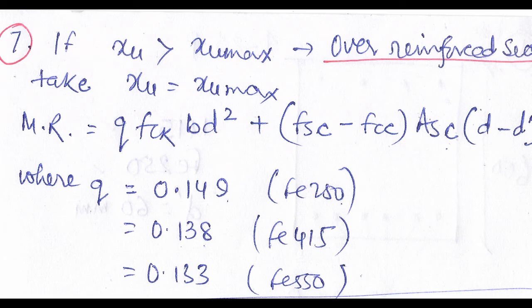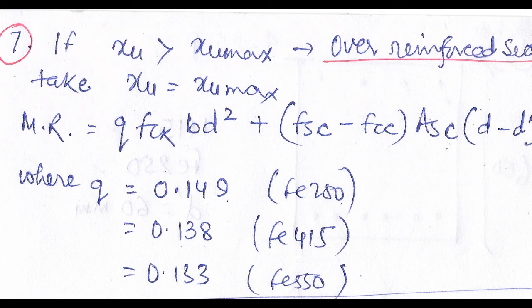So these are the 7 steps for the doubly reinforced beam. It may seem a little bit difficult for you to memorize all the formulae, but believe me, I guarantee you, if you solve or write down the steps 2-3 times without seeing your notebook, it will automatically come to your hand. You don't have to worry about how to memorize all these big formulae in the exam hall. Just solve 2-3 problems with me, or write down all the formulae by closing your notebook 2-3 times, and it will be automatically remembered.